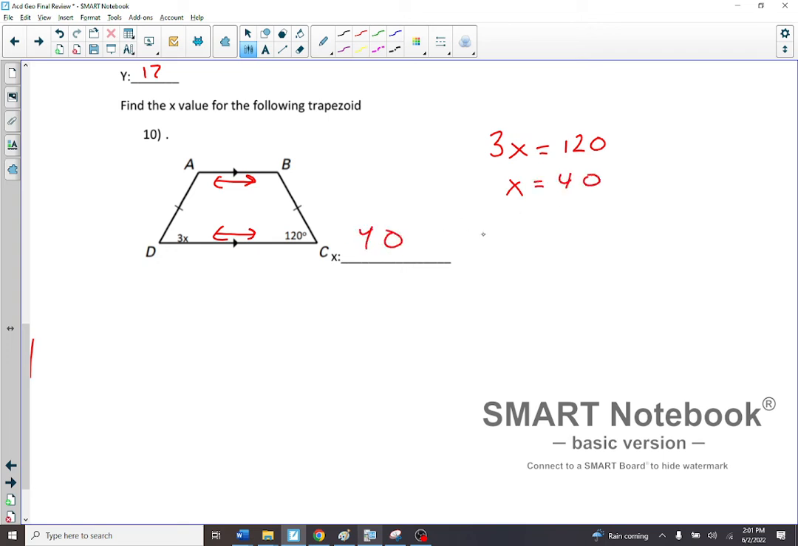So they're equal if they're on the same floor. They're supplementary if they're on the opposite floors. So if you want to figure this one out, this would be 60 because it has to add up to